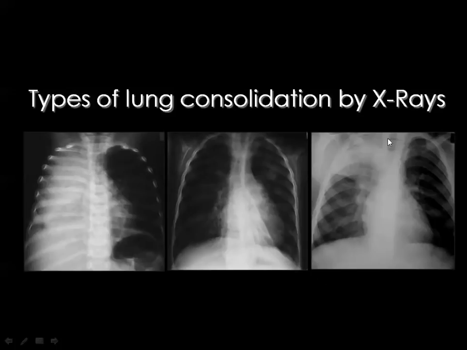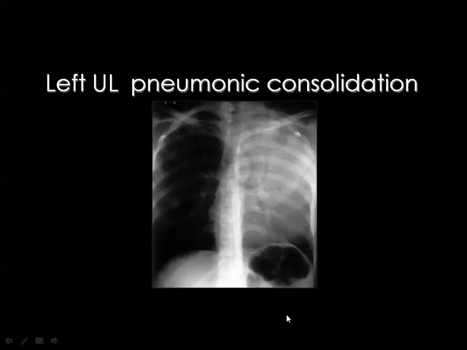And here you can see an example of right upper lobe consolidation bordered by the slightly elevated horizontal fissure. And this is a consolidation of the left upper lobe, and you see air bronchogram inside